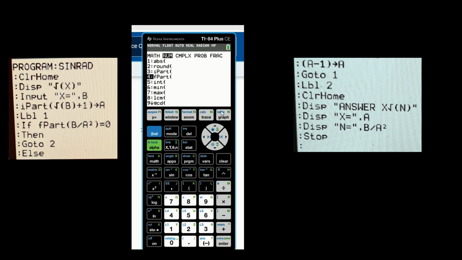Okay, and then you enter that fPart. Okay, it should look like that now. And then after that, we will press alpha B. Okay, alpha B. Then divided by, so this one, the division symbol, divided by alpha A. So alpha A.